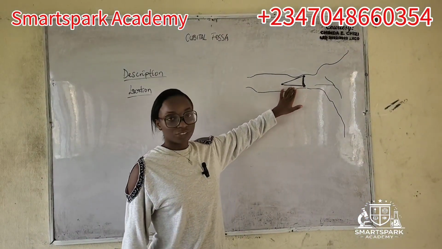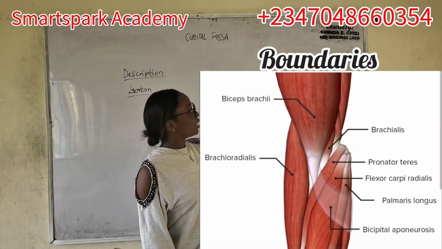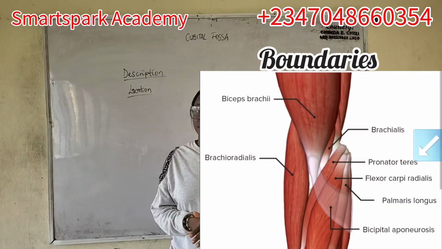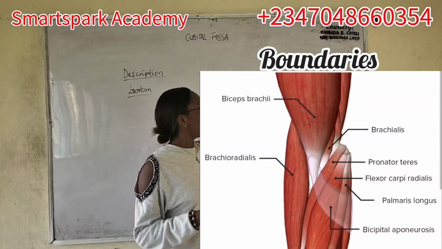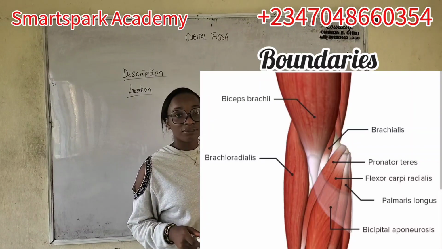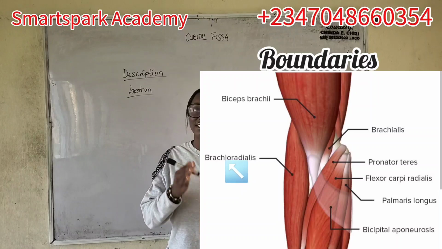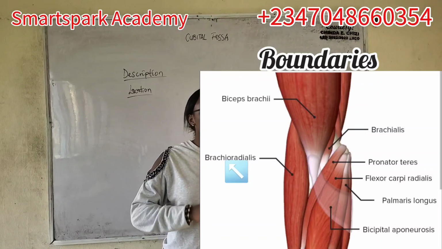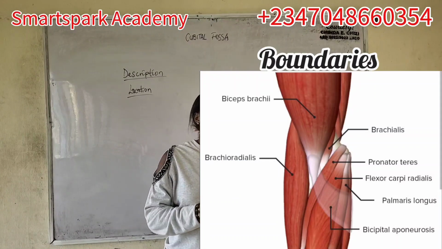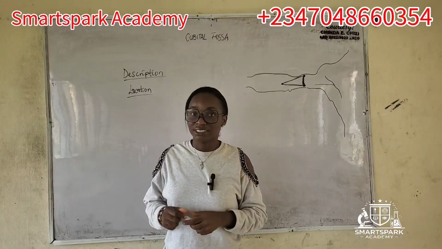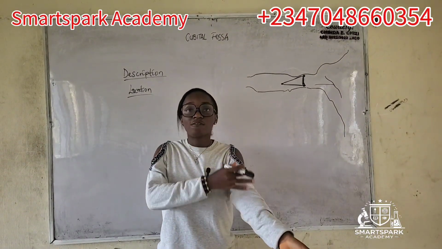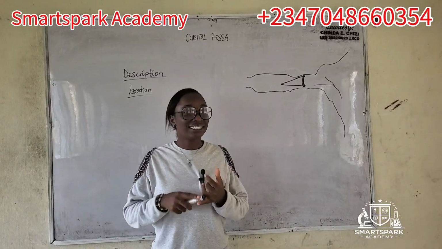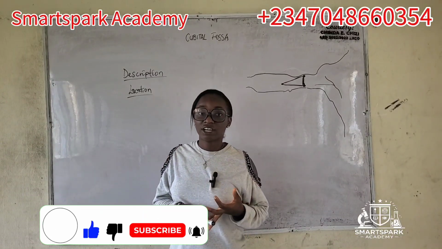The medial boundary of the cubital fossa is formed by the pronator teres muscle. Please don't forget medial pronator teres, and the lateral is formed by the brachioradialis muscle. Don't forget medial pronator teres, lateral brachioradialis. Now, the roof of the cubital fossa, like what covers the cubital fossa, is the skin, the superficial fascia